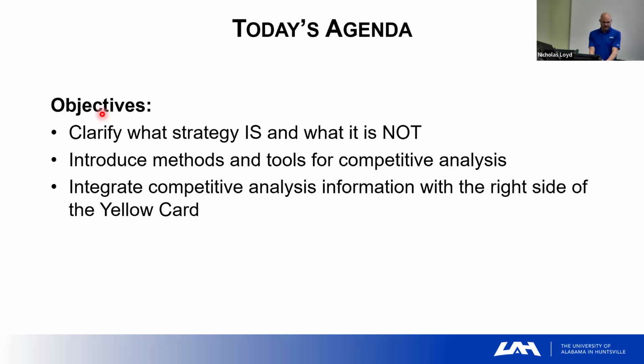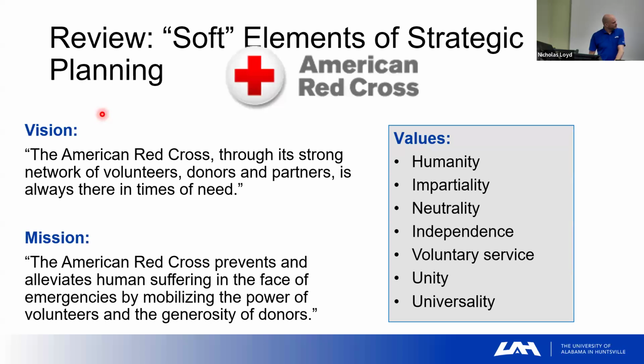Now that we're developing our strategic plan, one of the most important things I think is being able to do a competitive analysis. And then we're also going to look at that competitive analysis and turn that into how we can pull that into the yellow card and fill out the right side of the yellow card, which will help us in our innovation process to convince ourselves that our ideas to expand our business are either good ones or they're not, which is part of our process. So we'll circle back around at the end after I cover some of those competitive analysis tools and discuss that.